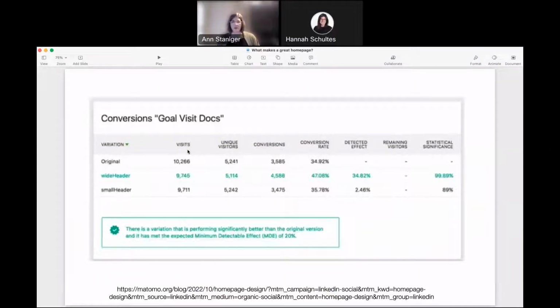Also, we can help you track goals and differences based on changes that you make to your homepage. So this is from the Matomo blog that Hannah shared with me, and it's something that we can help you to do. And we've already been doing this on a few websites for folks where we're not sure, for example, what people might